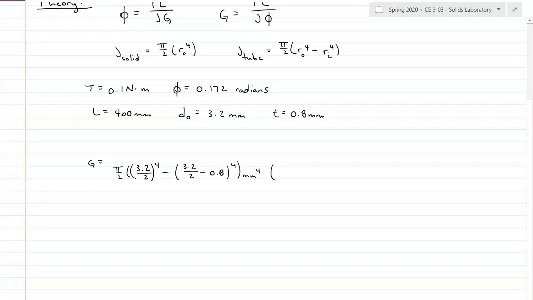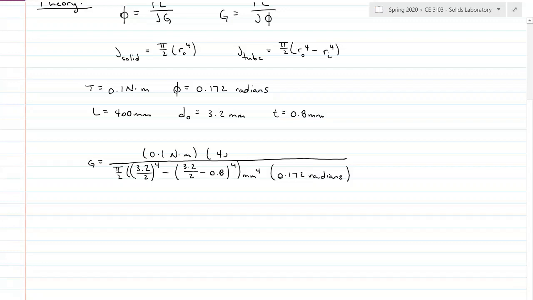Our angle of twist is 0.172 radians. And we're going to divide that into our load, 0.1 Newton meters, and our length, 400